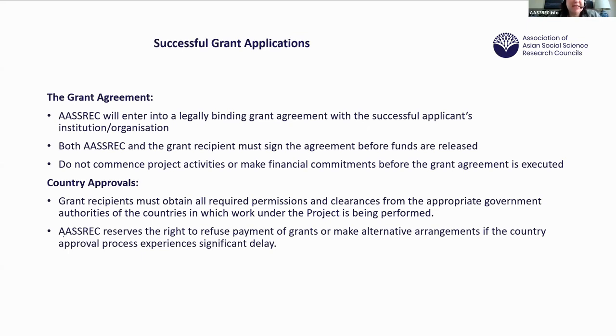For those that are successful in receiving a grant, we will enter into a legally binding grant agreement with your institution, so the principal applicant's institution, and both AASSREC and the grant recipient need to sign the agreement before any funds are released. So we advise, please do not commence any of the project activities or make any financial commitments until that grant agreement is fully executed. And as I mentioned before,